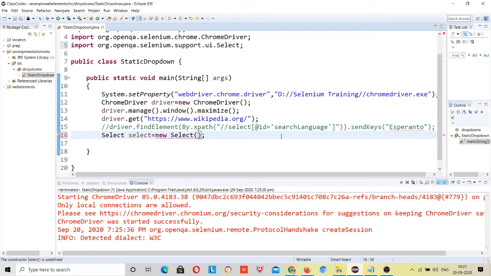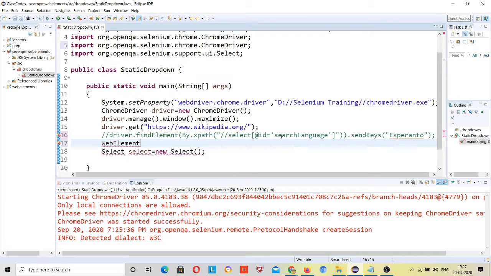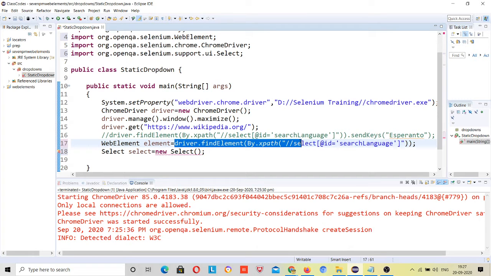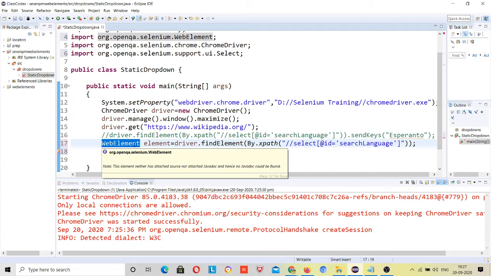Cut it and declare WebElement. The return type of this is WebElement, right? So once you store this locator inside a variable of the type WebElement, you can store it using the WebElement class.